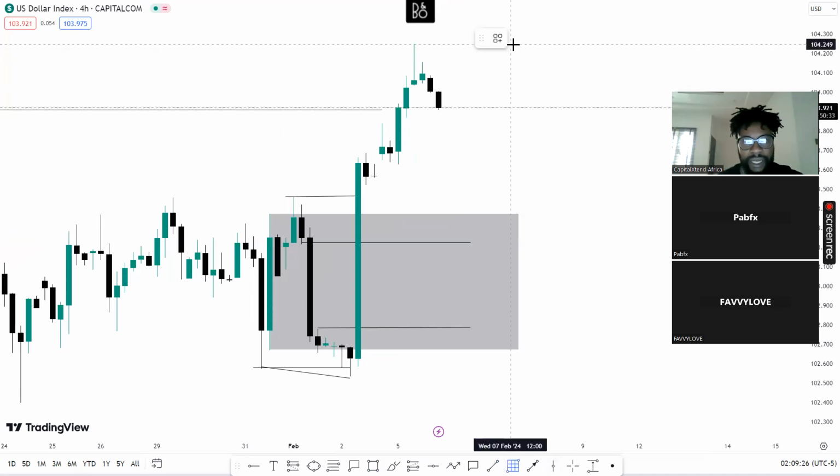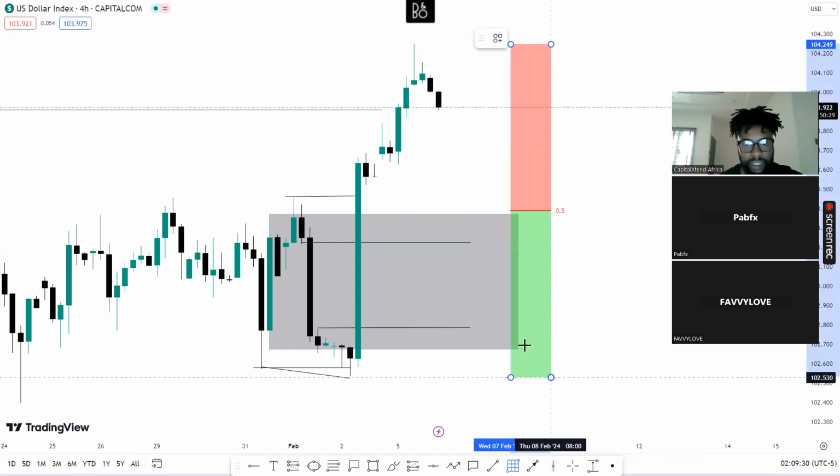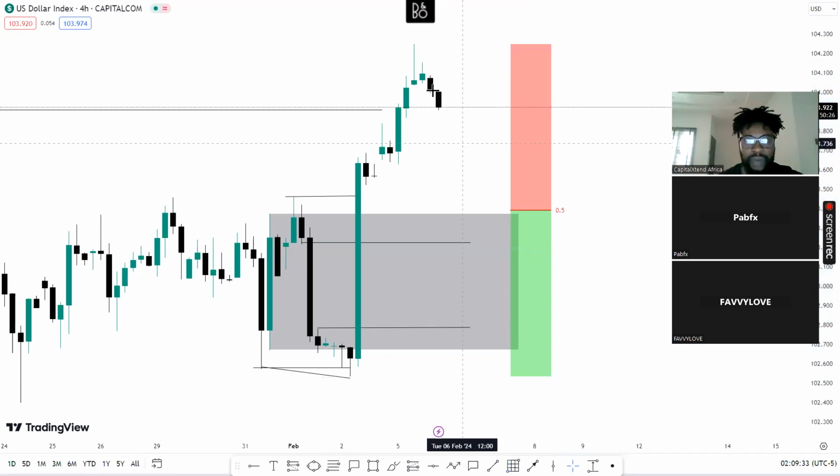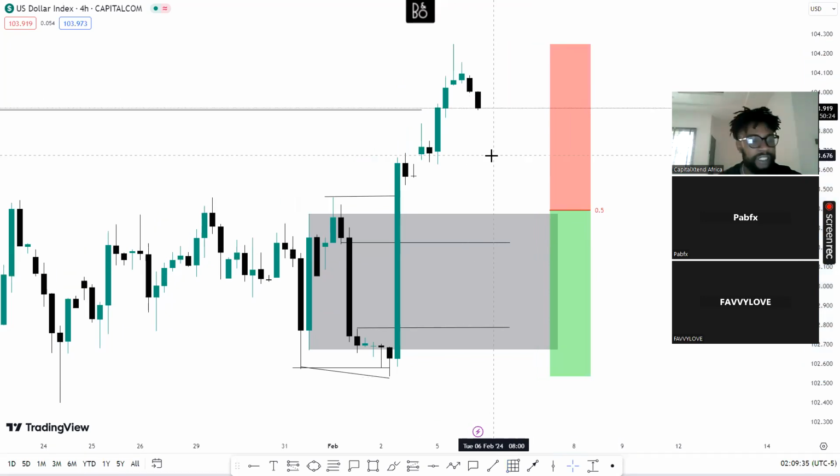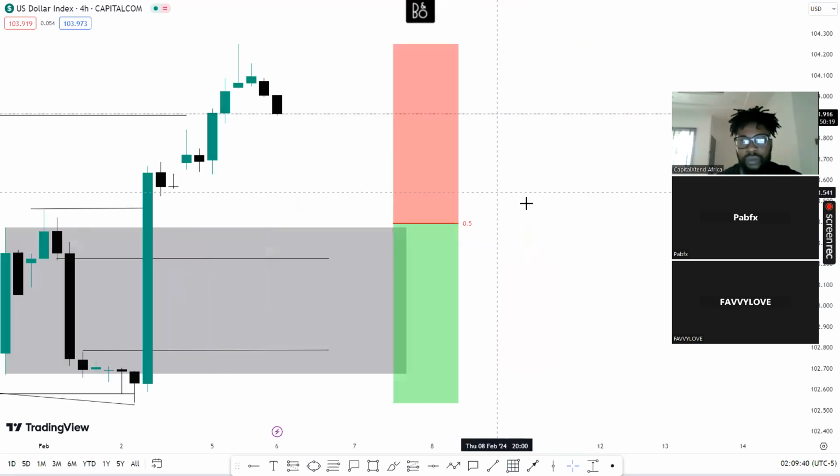So using the daily PD array, I draw from the high to the low. Price is currently at the premium level, and I'm expecting price to drop down to the discount level. So looking closely,